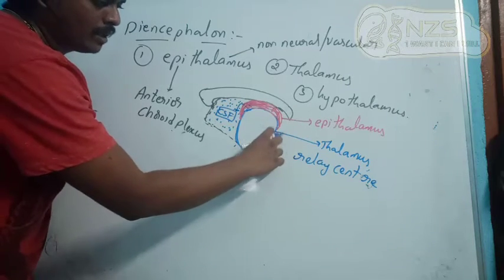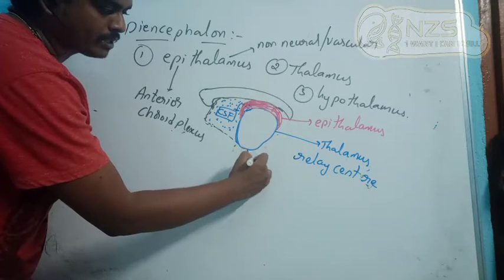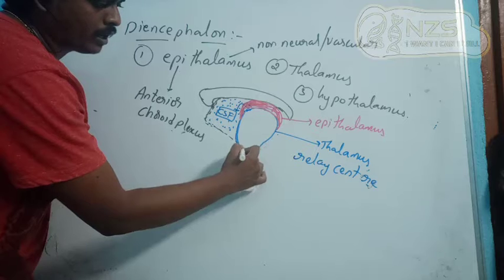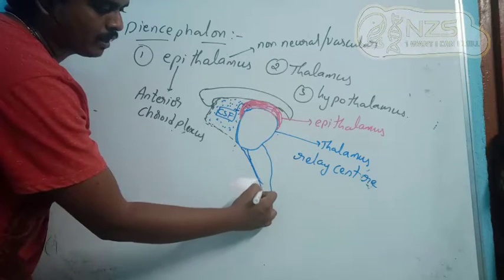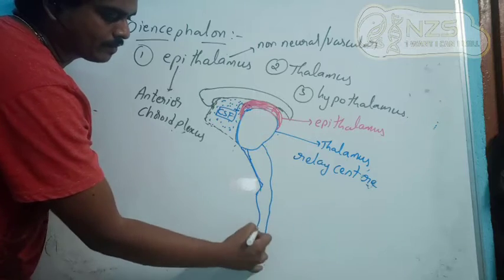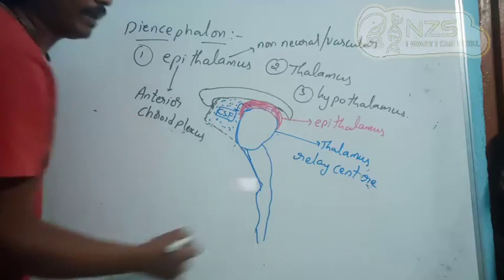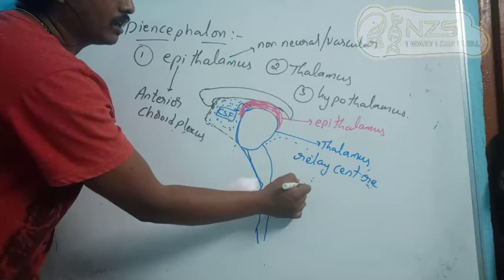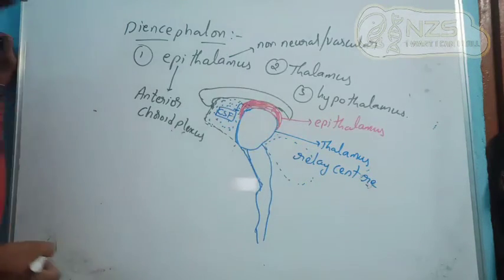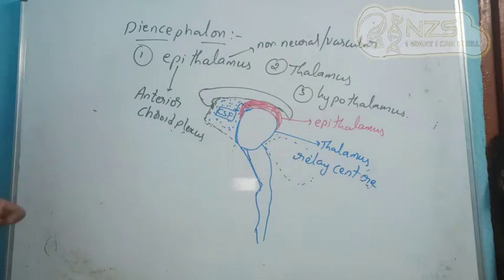See, for example, below this we have the midbrain formation. So the neural bundle will continue and form the midbrain here, and we have a cerebellum behind this. So we have cerebellum here. I am just putting a small circle. We will discuss the cerebellum in coming classes, don't worry.